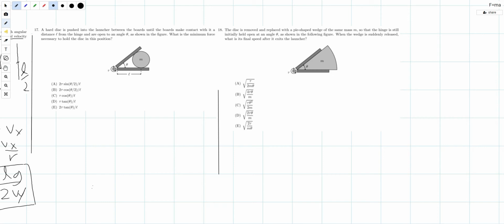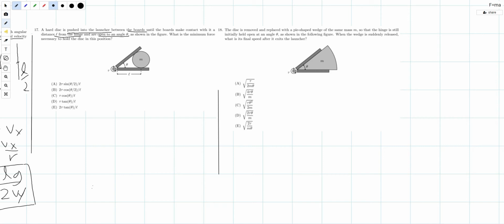So first, once again, let's underline important information. It's pushed into the launcher between the boards, and it makes contact with each board a distance L from the hinge and is open at an angle theta, as shown in the figure. What is the minimum force needed to hold the disk in its position? So this is really a force analysis, static equilibrium type of problem. So, just like every problem of this flavor,